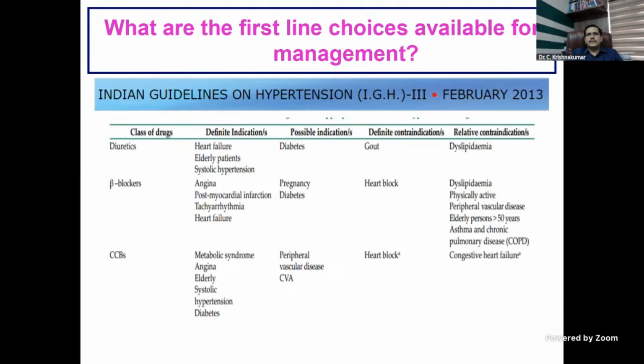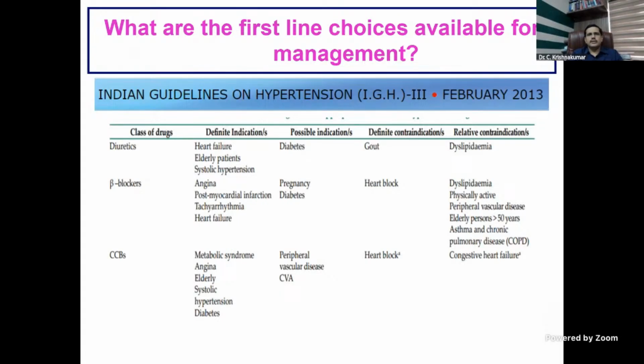What are the first-line choices available for management? Coming to diuretics, the definitive indications are heart failure, elderly patients, and systolic hypertension. When diuretics and ACE inhibitors are combined, there is a great reduction in stroke incidence in the ALLHAT trial. So we have to use diuretic as a first line in elderly patients, isolated systolic hypertension, and heart failure patients. Possible indication: diabetes. Definite contraindication: gout, so diuretics should be avoided. Relative contraindication: